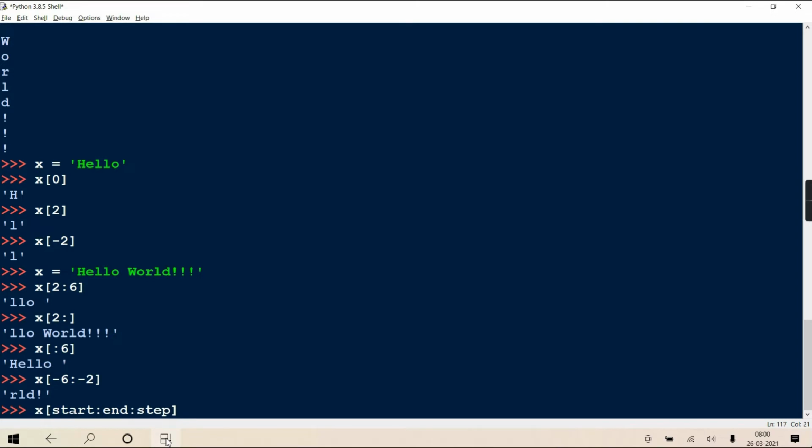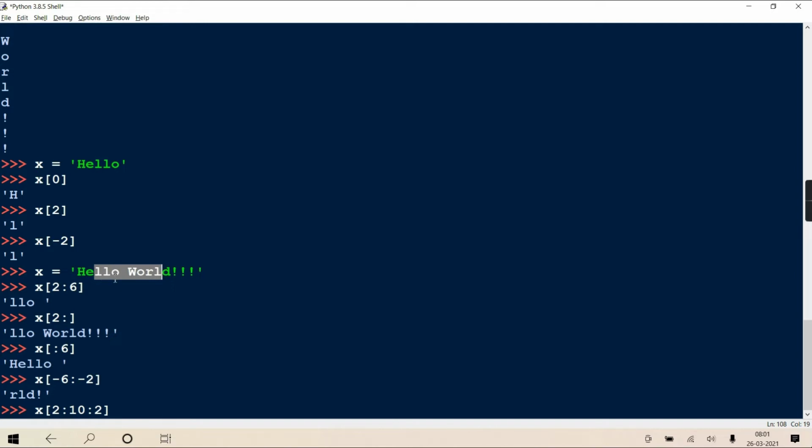And here also you can give the step value, like start, end and step. That step also can be negative. So this provision is applicable for string also. Like I'm writing 2:10:2. It will start from 2 till 10 at a gap of 2. So 0, 1, 2, 3, 4, 5, 6, 7, 8 and 9. 10 is exclusive. Now in this whole string, it will display at a gap of 2.